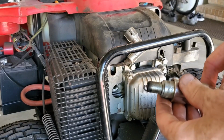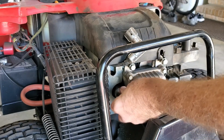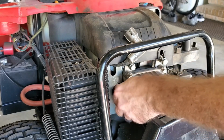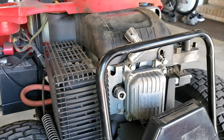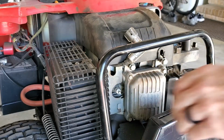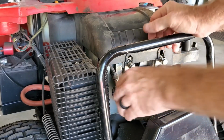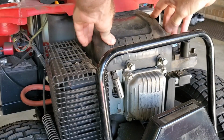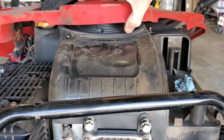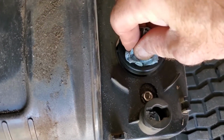The easiest way to put the spark plug back in is just to put it back in your socket. And just get it started by hand. Just give it a little snug it. And put your boot back on. Make sure it clicks home. Then just tighten everything back up. Okay, that's those fasteners here and here done. The nut down in here, pull out the rag,